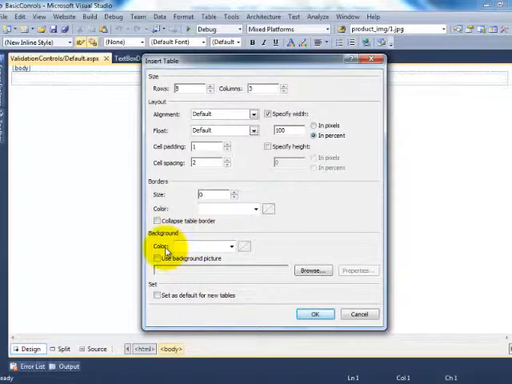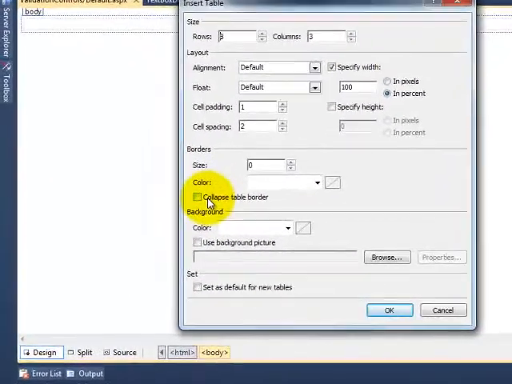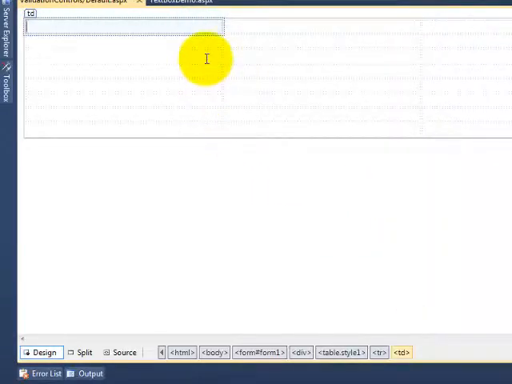The border size is like that. Here I'll say something like enter username.